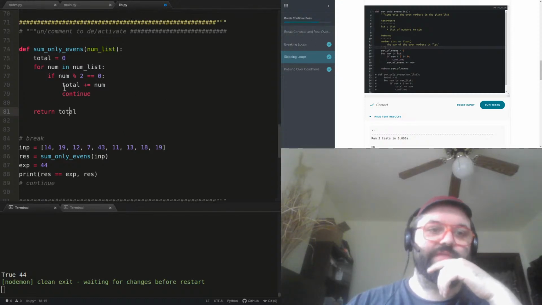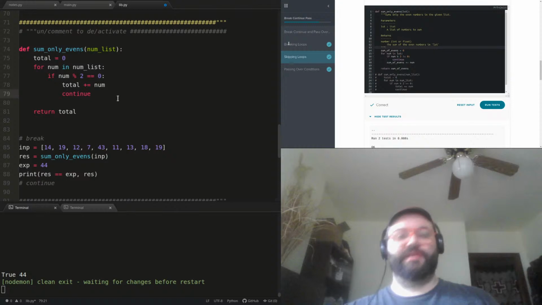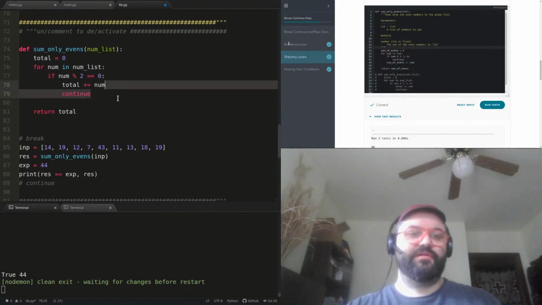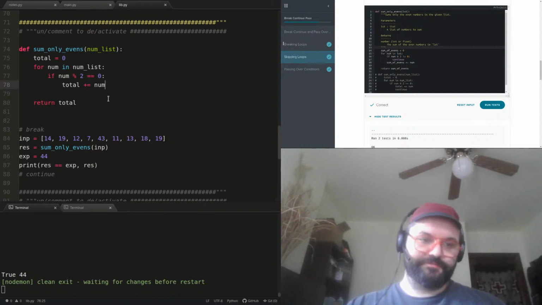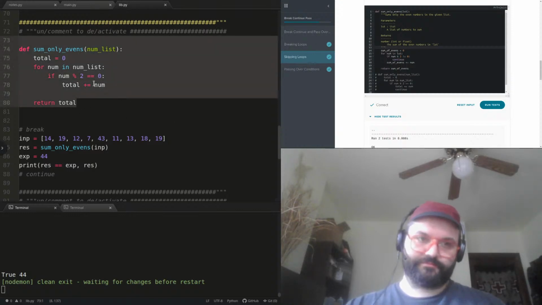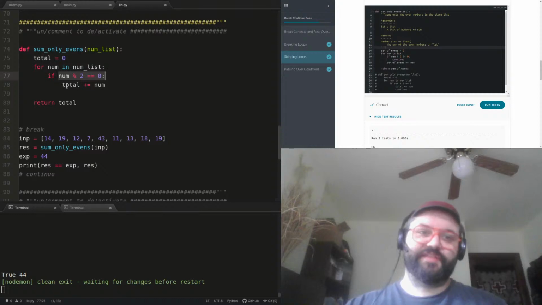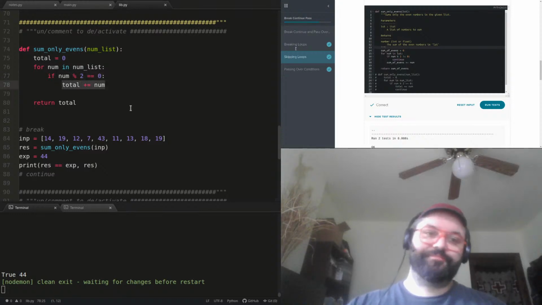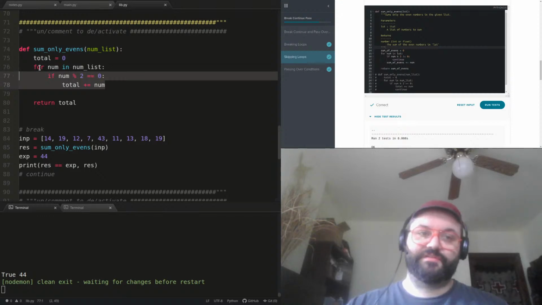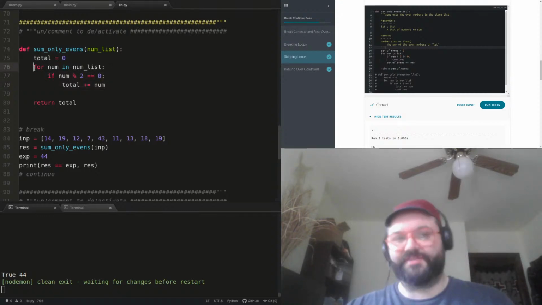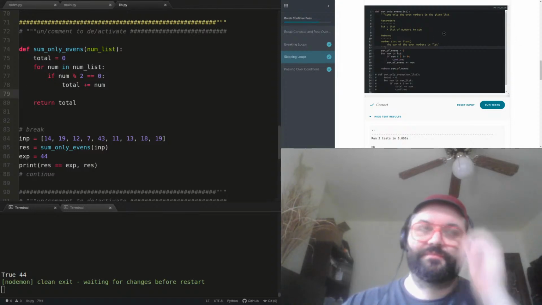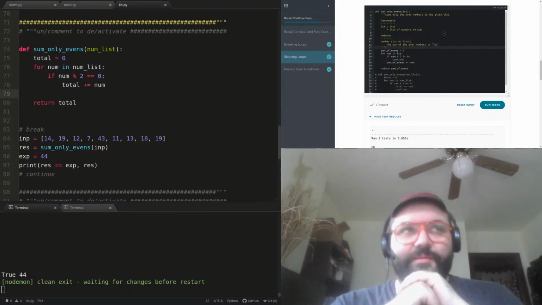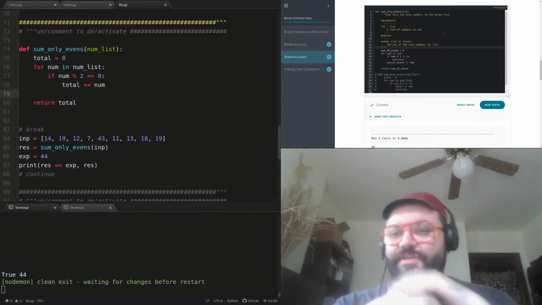This is kind of a funny one because in this case, we can write this function without the use of continue. You just say, if the number is even, accumulate it. And if it's not, then nothing happens in this loop. So it's a de facto continue. There's a lot of things like that where you just change something around and you don't need to use a continue.